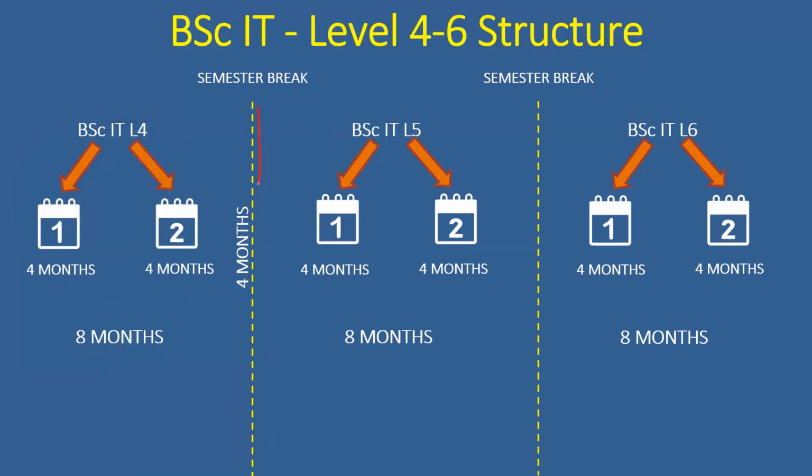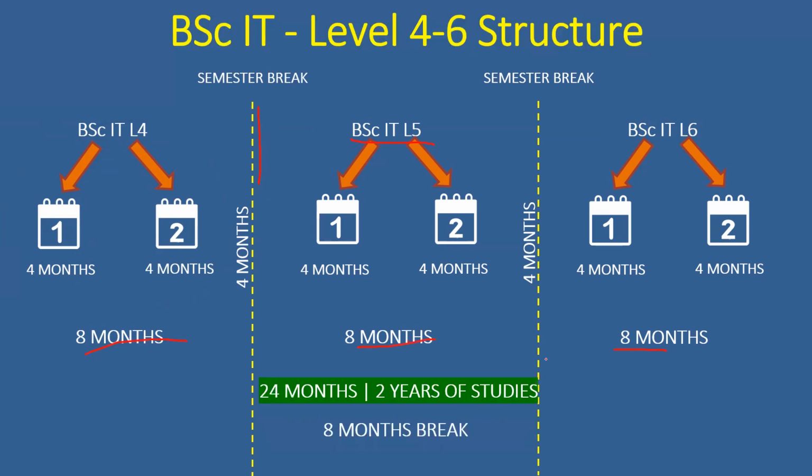So you have this break here, and similarly, before you move on to level 6, so you're on level 5, when you're going on to level 6, you have another 4-month break right there. So following this pathway, it's going to take you roughly 24 months. So 2 years of studies, remember, right? 8 months, 8 months, 8 months here, right? So 8 times 3 is 24, 24 months of studies, or 2 years of studies, right? And then 8 months of break. So that would be the 4 months here and the 4 months here, right? So altogether,